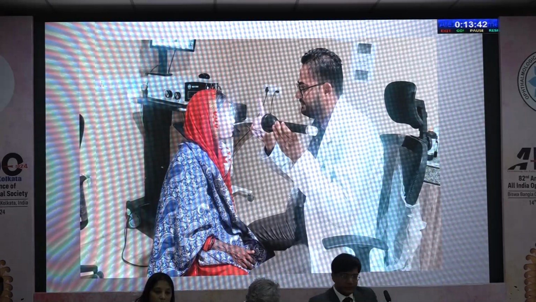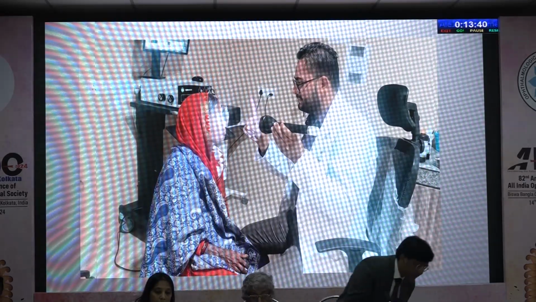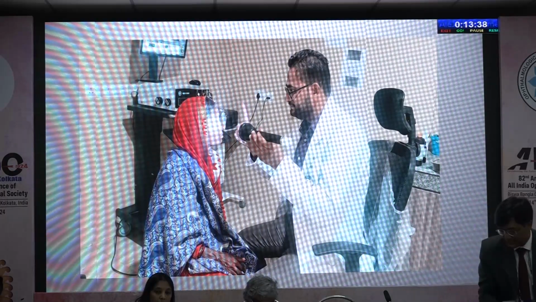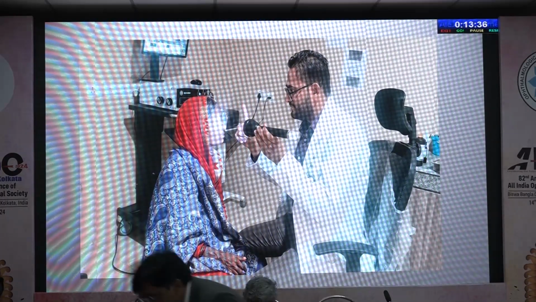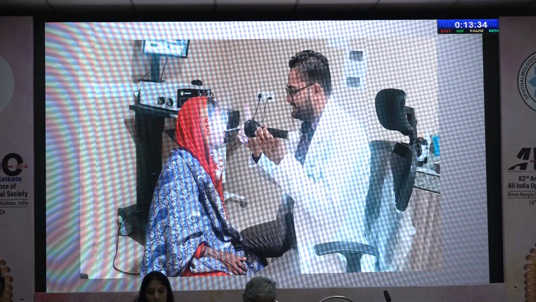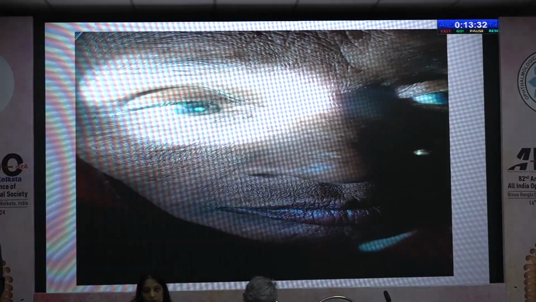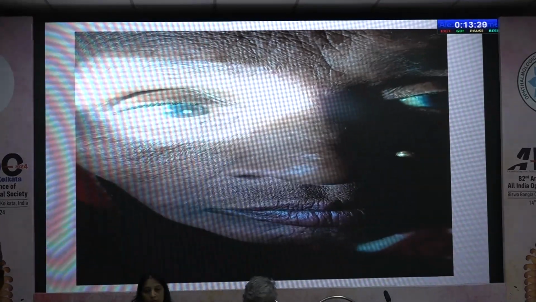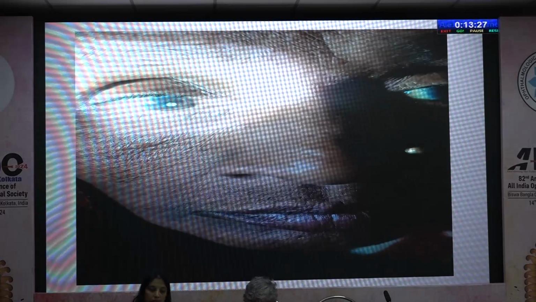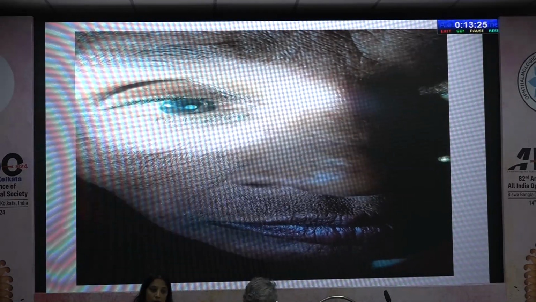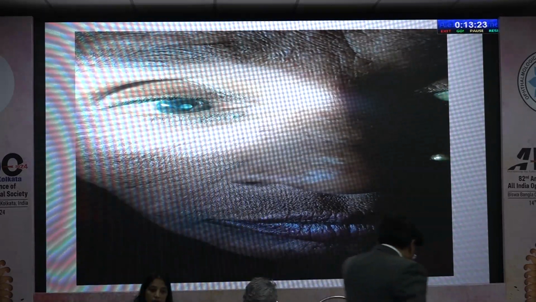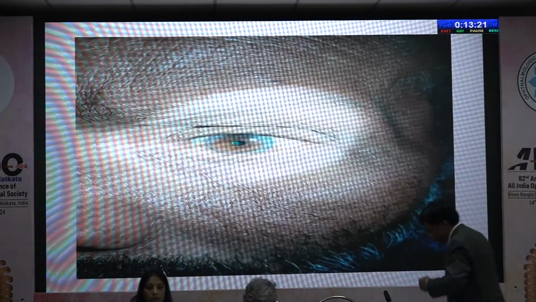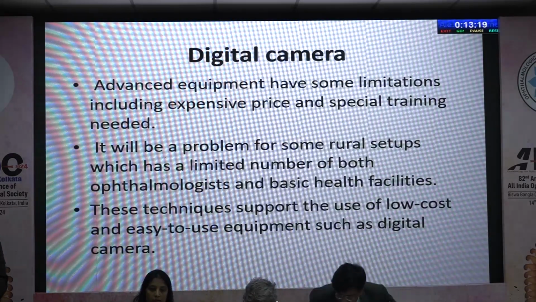Here we are examining iris shadow. I am flashing torchlight over the temporal iris and looking for any eclipse sign or iris shadow over the pupillary area. Here it is a case of mature cataract. We can see the cortex is also opacified, so there is no clear space, so there is no iris shadow present here. But when we observe this video,